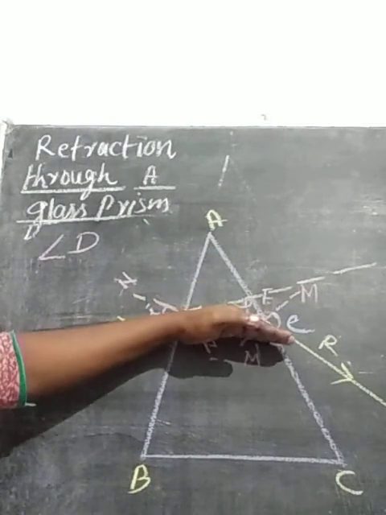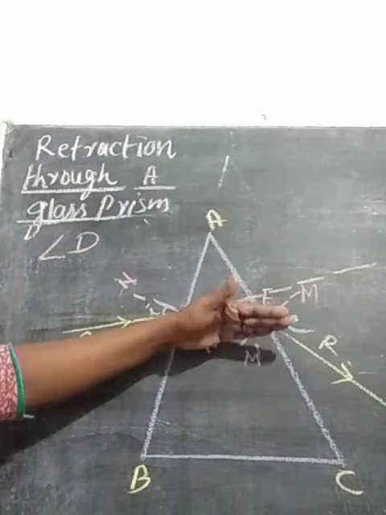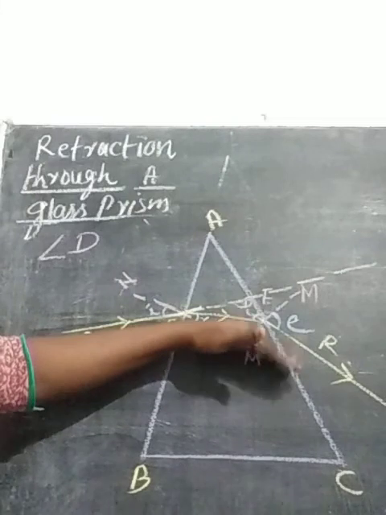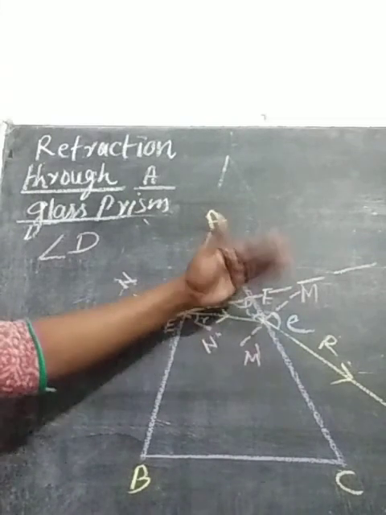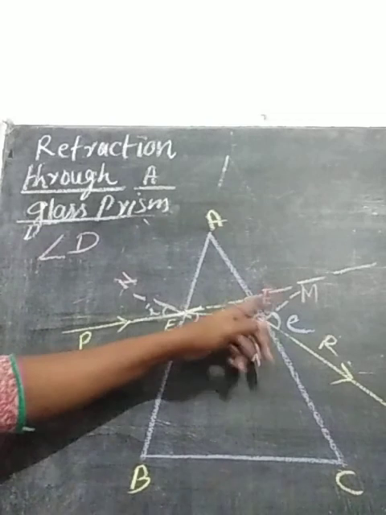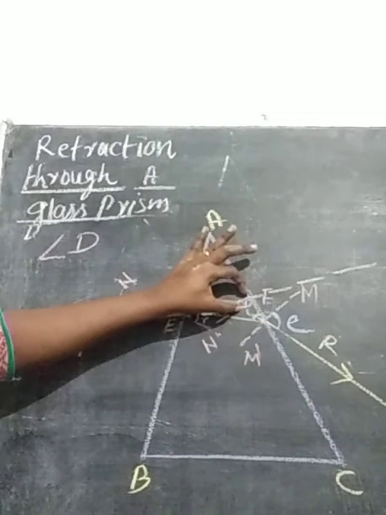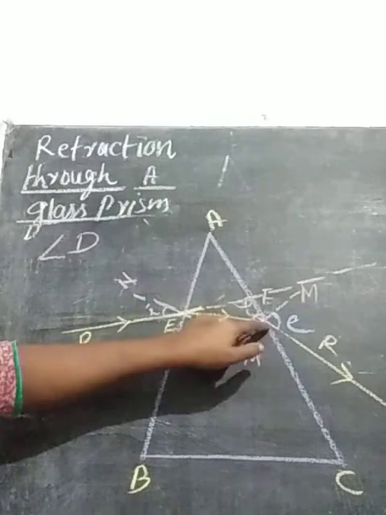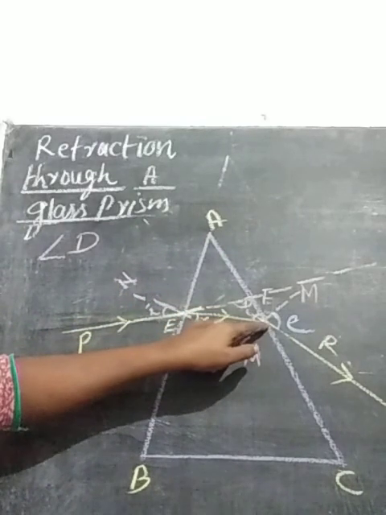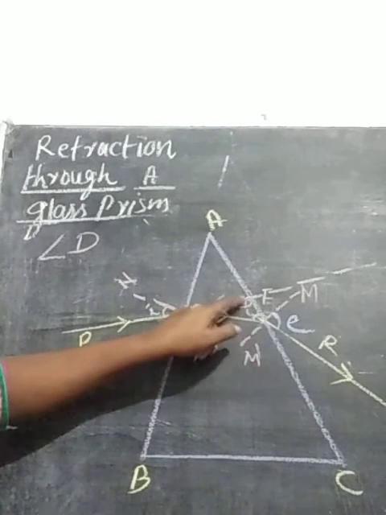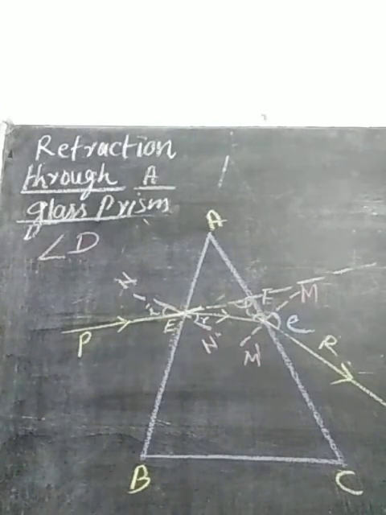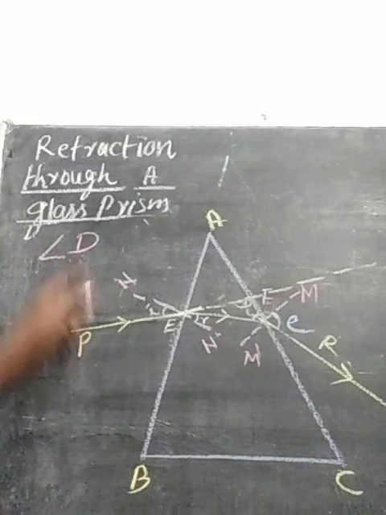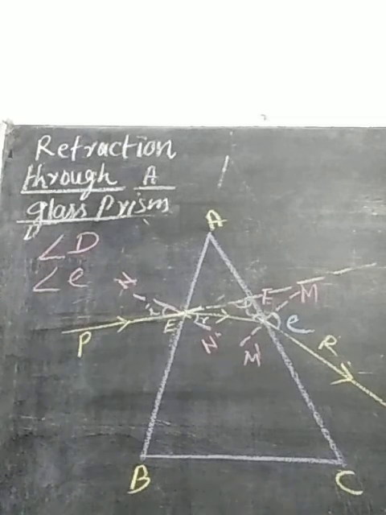So how much deviation occurs here? That is what is called deviation. How the incident ray is deviated from its normal path. What is the angle to which the incident ray deviates? That can be found by measuring this angle, between the normal path of the incident ray and the emergent ray. This angle is called the angle of deviation, and this is written with the capital letter D, but small letter e for angle of emergence.